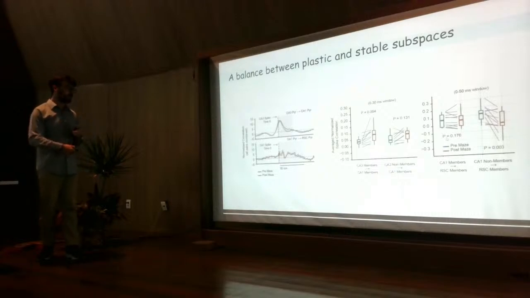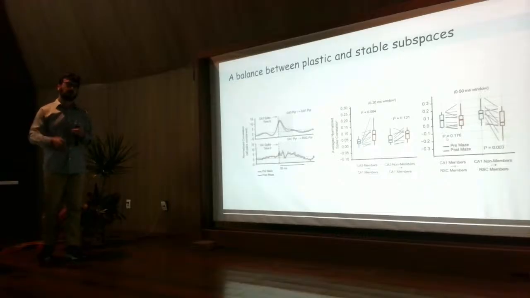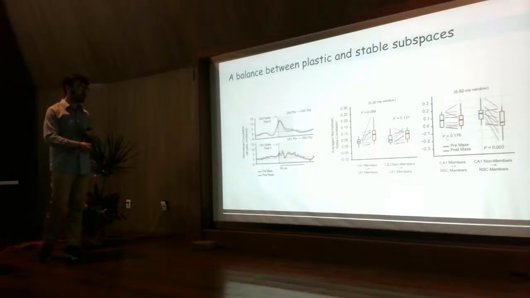We see, and then we measure the cross-correlation. We see that during post-maze sleep, in orange here, there is an increase in the spike transmission probability taking place for cells that belong to the CE1, CE3 subspace. But when we measure the same thing for cells that belong to the CE1 retrosplenial subspace, so in this case, time 0 would be the spike of a CE1 neuron, we see that these cells tend to decrease